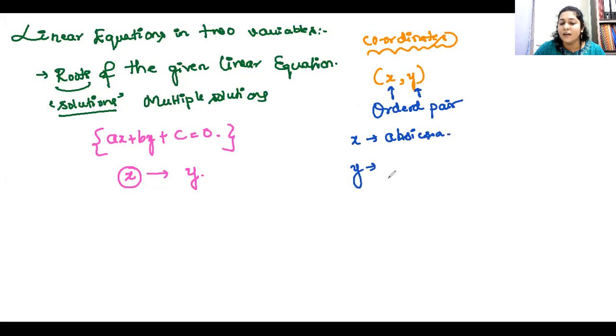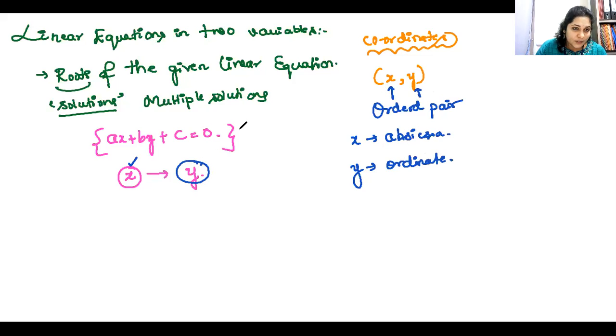S-I-C-S-S-E, abscissa. And what is y specifically called as? Y is called the ordinate. Yes. X and Y are specifically called abscissa and ordinate. So basically, what are we supposed to do? We are supposed to fix the value of x and find out the corresponding value of y, and we are supposed to plot it on a graph sheet.